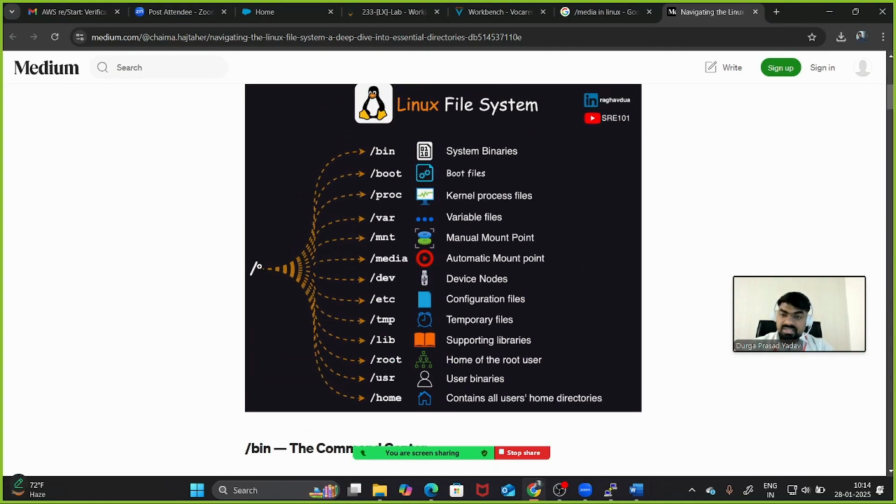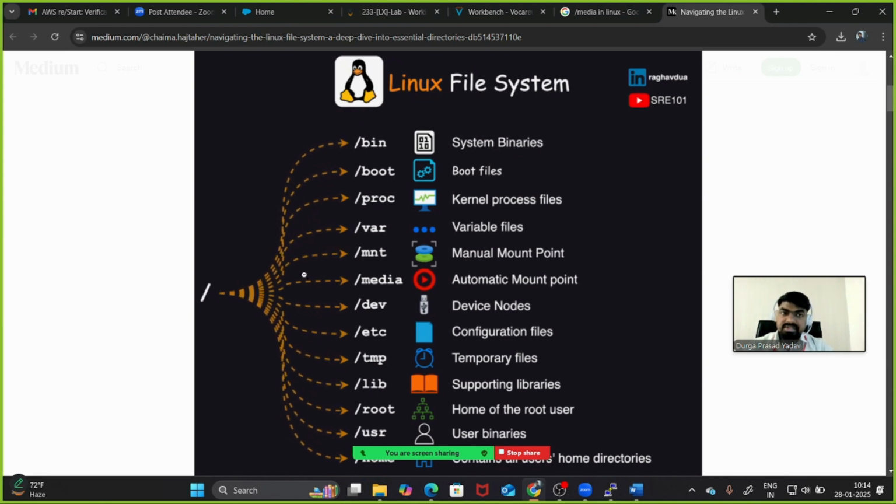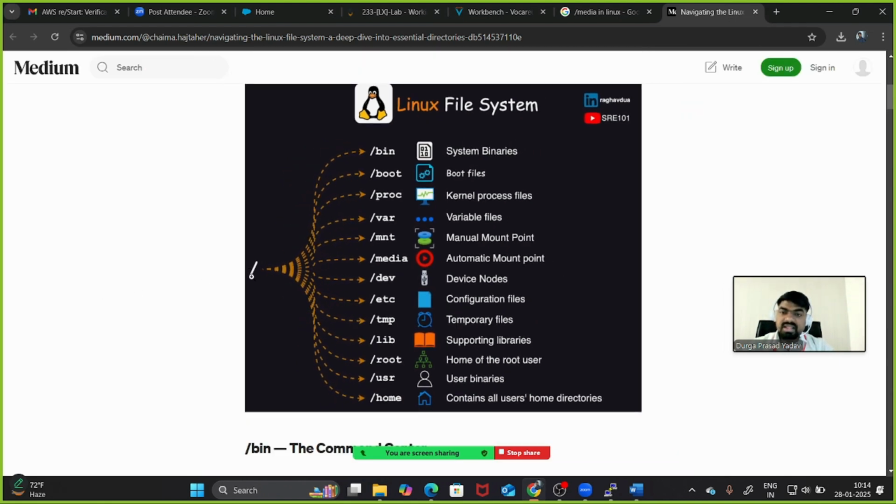Here you can see this is the slash one. Inside the slash directory, these all are the file system. The first one is bin, where you will store the system binaries data, and then boot files, and then kernel, process files in proc, and then var variable files, mnt mount files, media automatic mount points, or you can say media files which we need to play, devices for keeping the drivers, etc